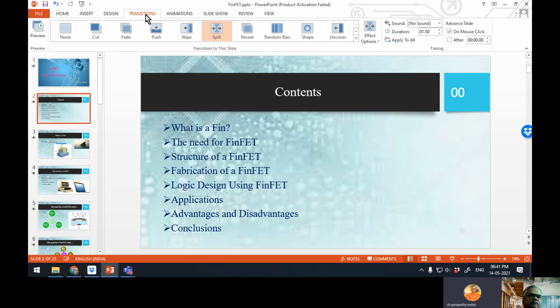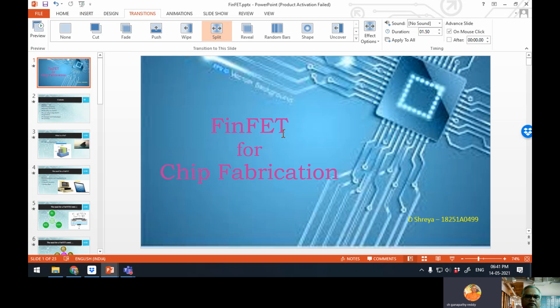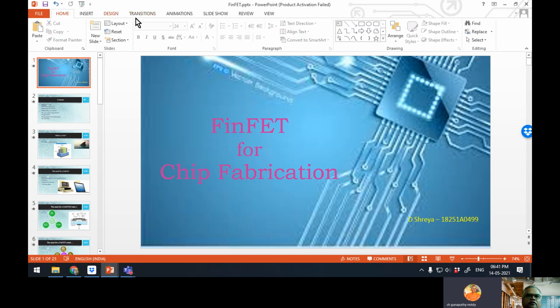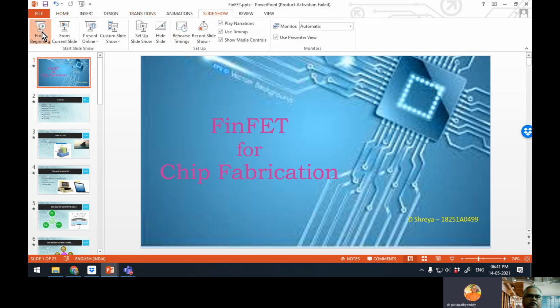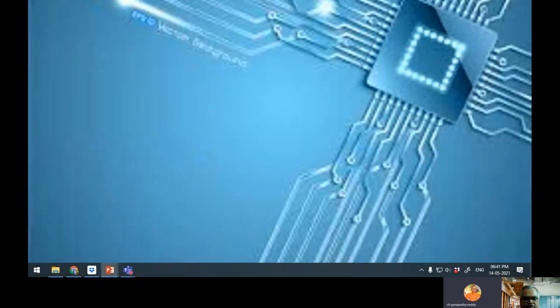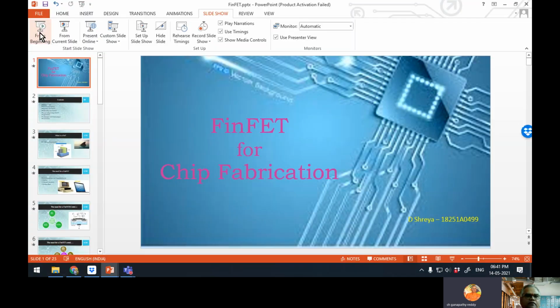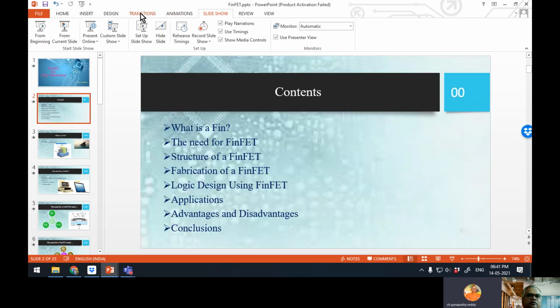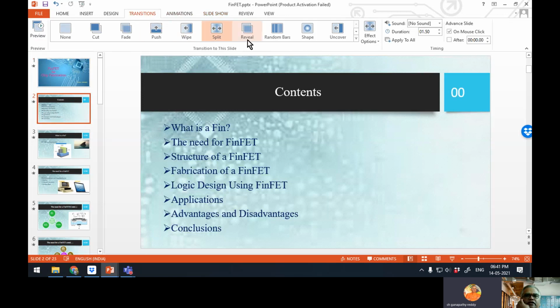This is a transition, like this heading, how it should be transferred accordingly. Okay. So here I selected a split. So split means like this. It is a split. Slideshow from the beginning. That is a split. So split is there, reveal. So just go through whichever is suitable best, accordingly you can select everywhere.